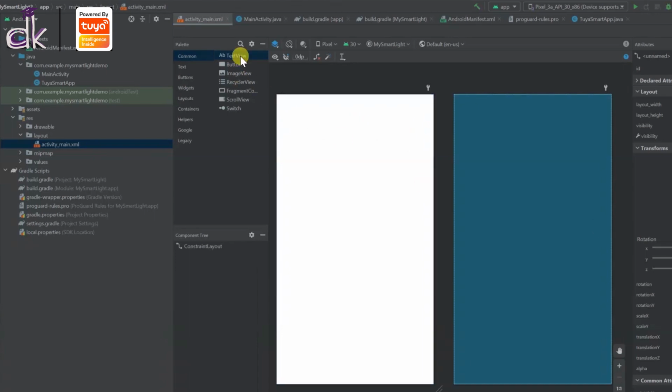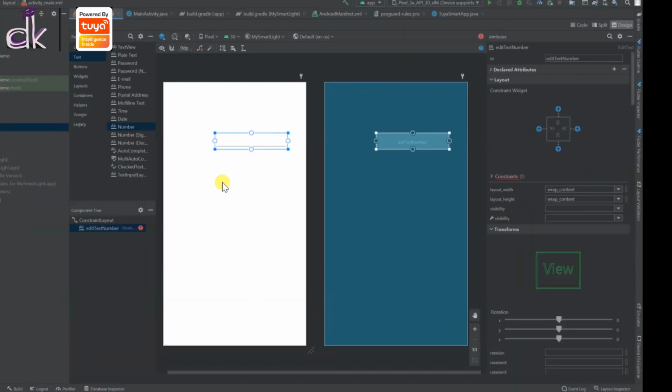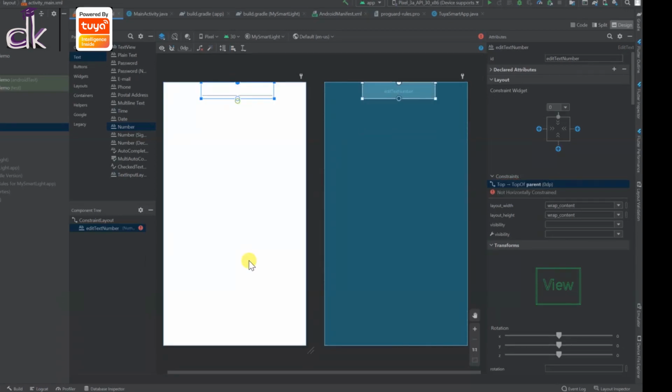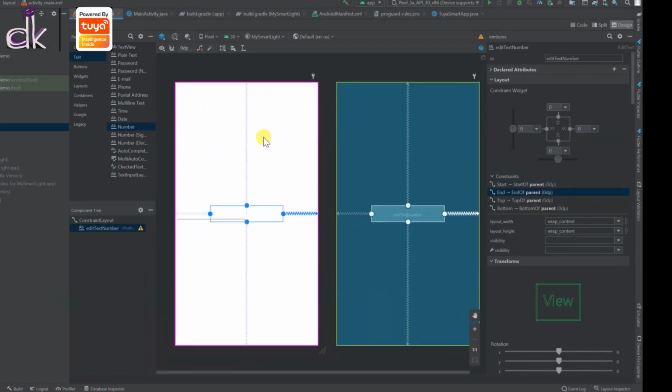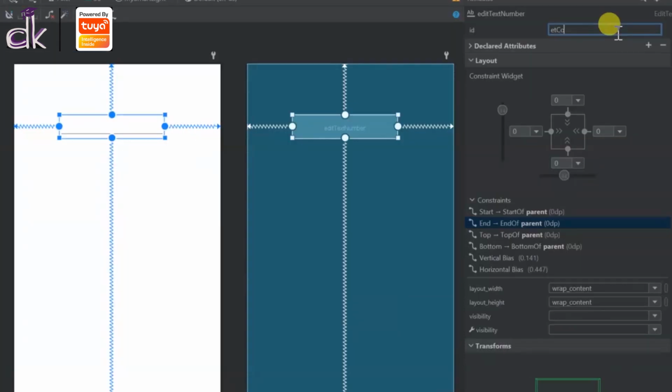So the first thing you want to do is add the edit text. So you can add in number first. So we want the country code. So add the number edit text, and you'll need to constrain it on all 4 sides. Okay, and then just drag it to the top, and we'll set this to ET country code.